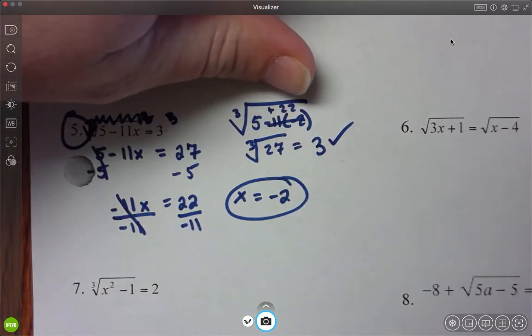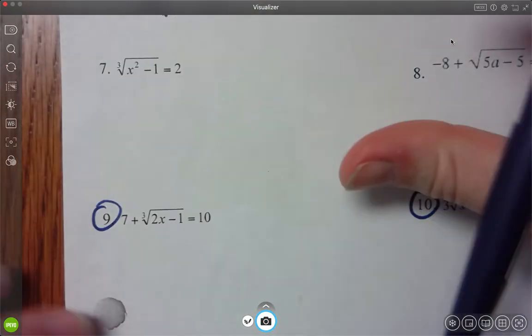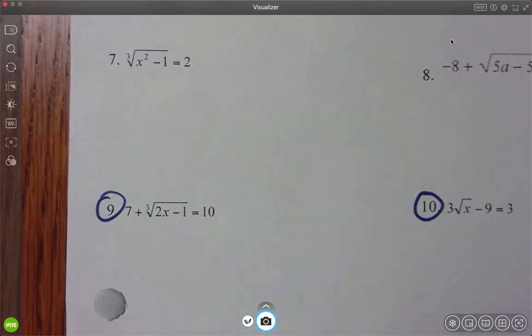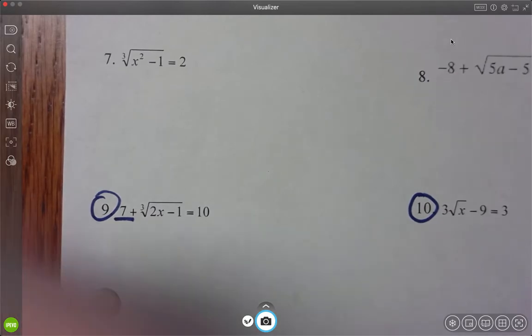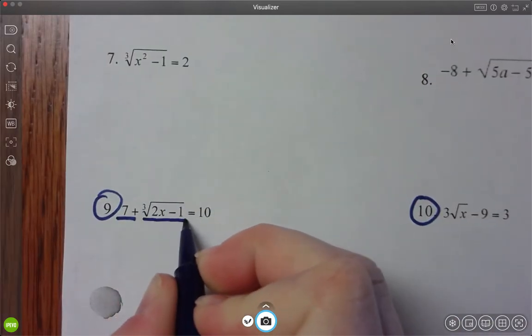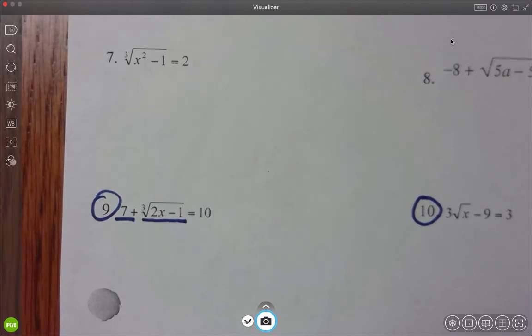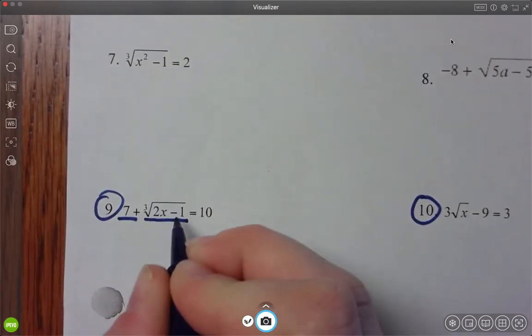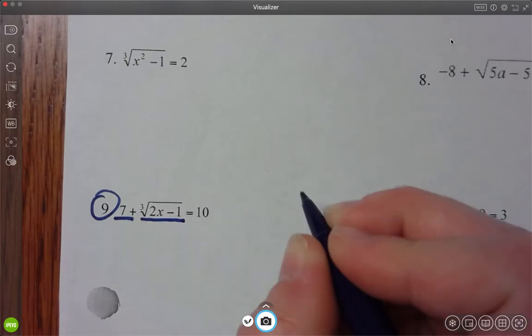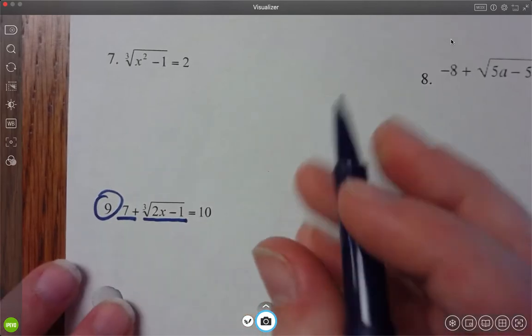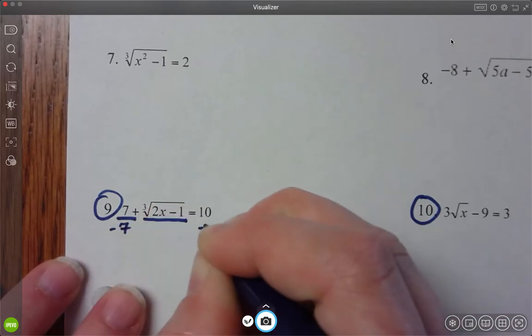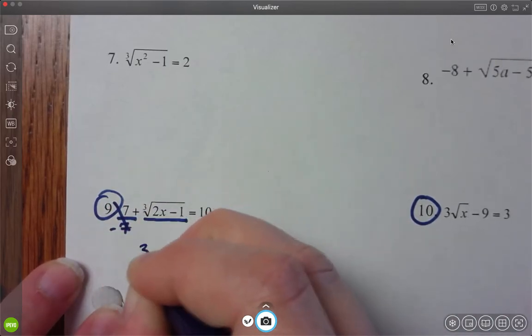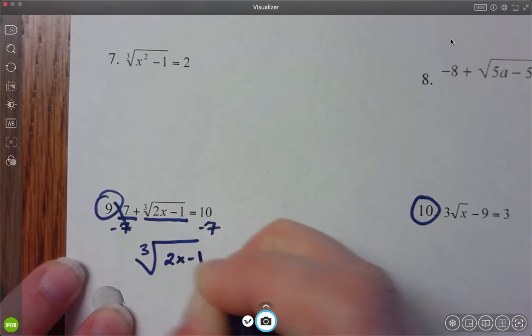Okay, so let's go to this one. Let's go to number 9. Okay, now when I have a whole bunch of extra junk in there, like this 7 is kind of extra, it's on the outside. I want to first isolate the radical, which means get the radical symbol by itself. So everything that's trapped underneath of there is still trapped, but stuff that's on the outside I can move to the other side. So I have to get that to the other side before I can even cube this thing. So I'm going to subtract the 7, and I have the cubic root of 2x minus 1 equals